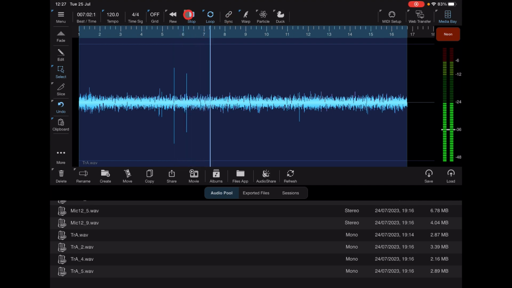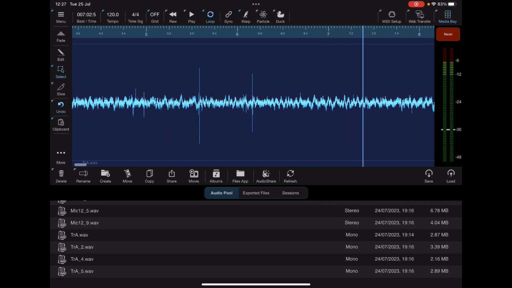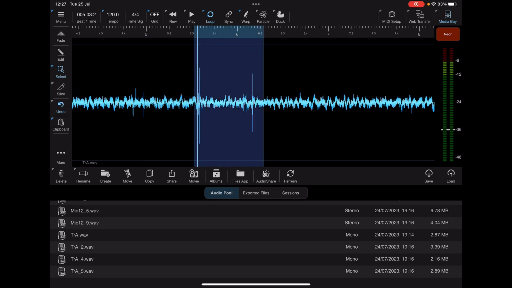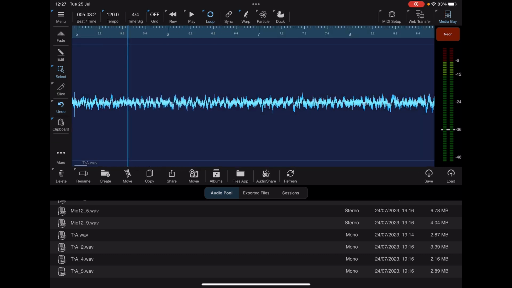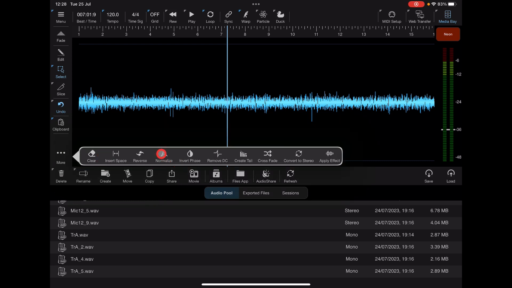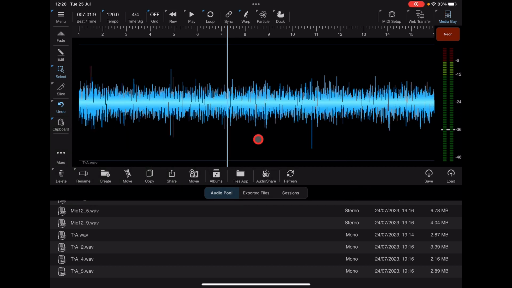So that whole section, to be fair, could probably just go. Just edit that. Right, okay, it's better. Let's again loop the whole thing. Let's just focus by touching on Media Bay. Yeah, that's loads better. So now I reckon we could even afford to actually normalize this up to -2. I don't like going much further than -2, because the people who end up with these recordings, or for when I use them for synth programming and stuff,